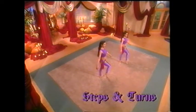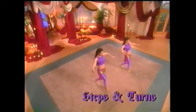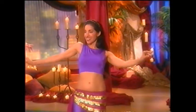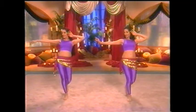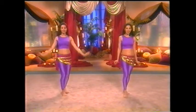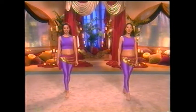Now let's learn some basic traveling steps. The 4-count basic is simple and fun. And by adding arm movements, it brings a sense of style and personality to your performance. Begin by stepping flat foot forward, opposite step,